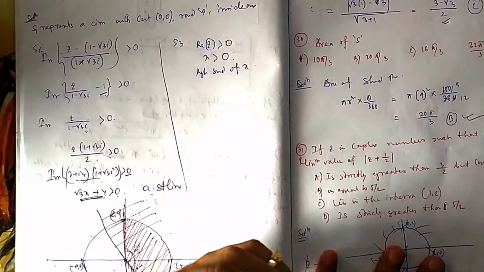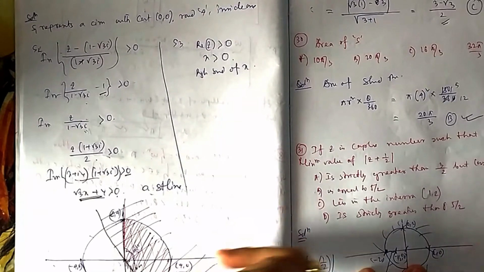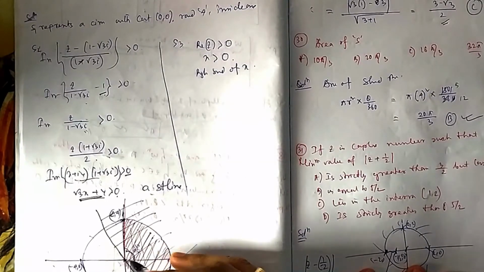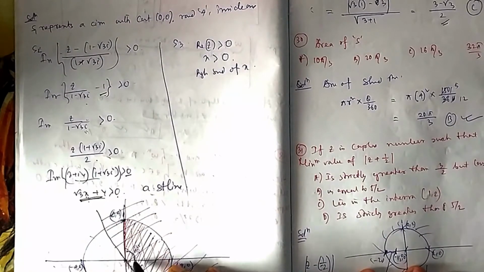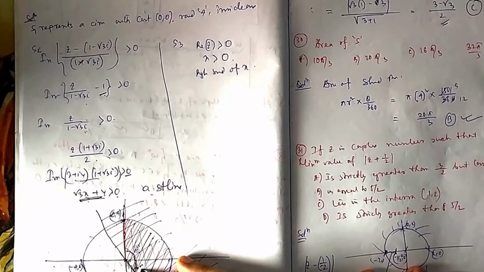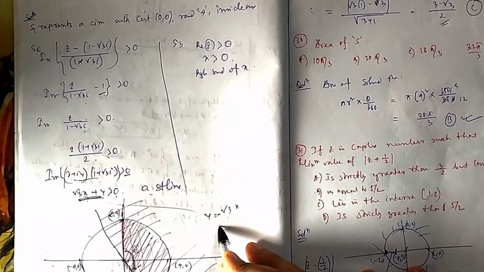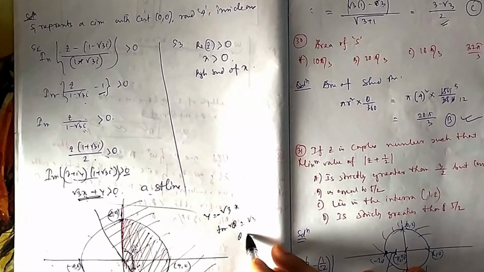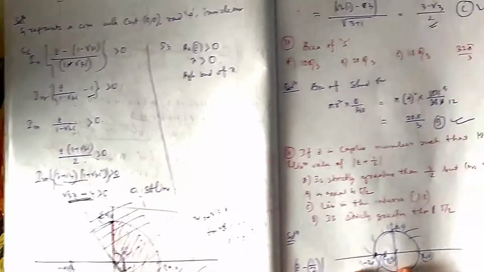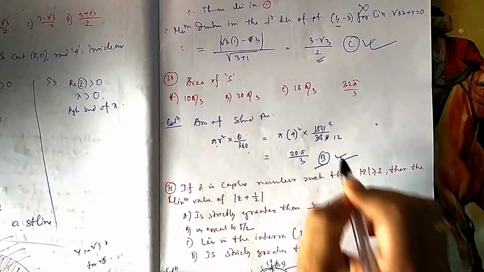So that is okay. We need to find this red shaded area, red and black, what I have done now. So what is this angle? This is 90, and this is the angle of this straight line. What is this slope? This slope is root 3, that is 60 degree. So this angle is 90 plus 60, 150. You can calculate the slope of the line y equal to root 3 x minus root 3. So tan theta is equal to root 3, theta is equal to 60 degree. You know the formula for the sector of a circle, pi r square theta by 360, theta is 150, so we got this answer.